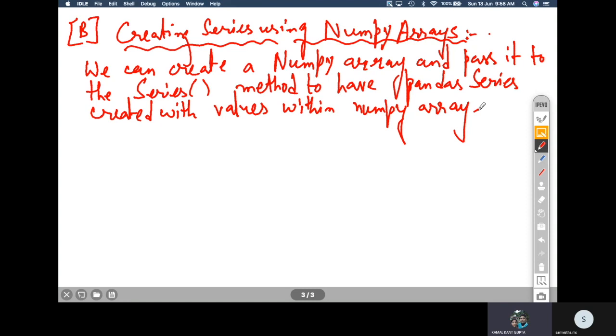You can do that using NumPy. There is a method inside NumPy which is dedicated to generating such values.